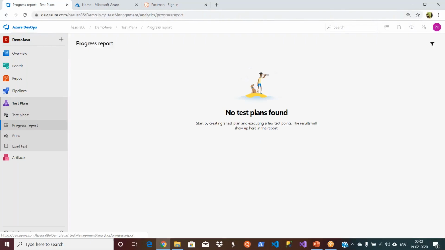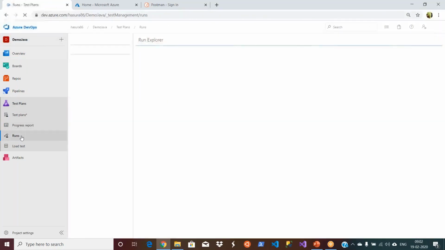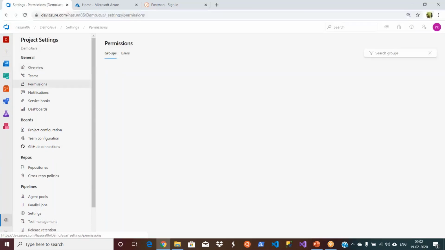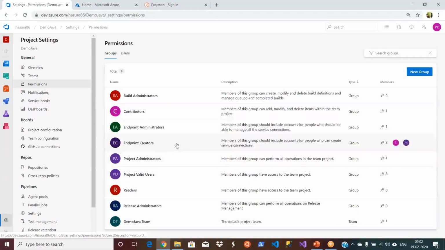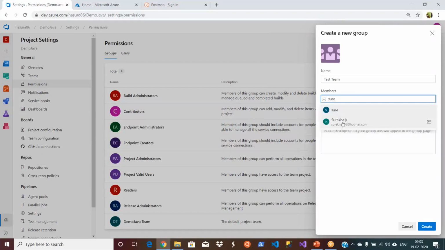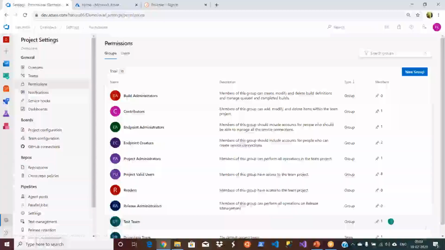Okay, and as a DevOps engineer, what will you be doing? You will be giving access to the testers. How will you give the access? You create the groups at the organization level or the project level. So first you add a user, and you go to the permissions, and then they can be part of any one of these existing groups, or you can create your own custom group. Let us say testers, testing, and then you may add people. And then you will give the permissions.